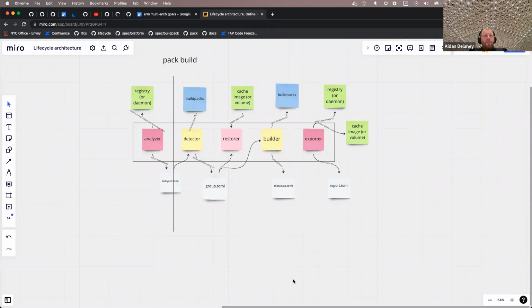So your AMD 64 builder and your ARM builder effectively end up being two separate tags in a registry. What I can't do is Pack build and have Pack look at a single tag in the registry and pull out the ARM version of that builder from that tag and start running the build.